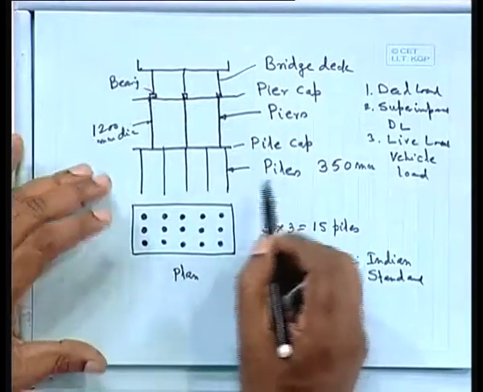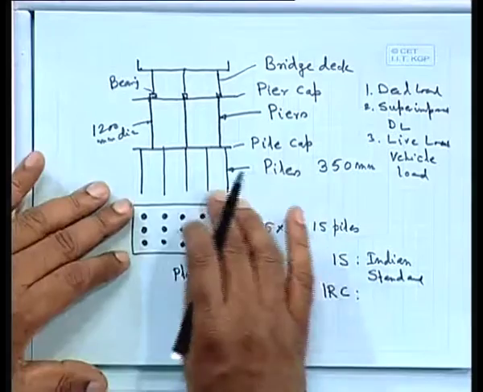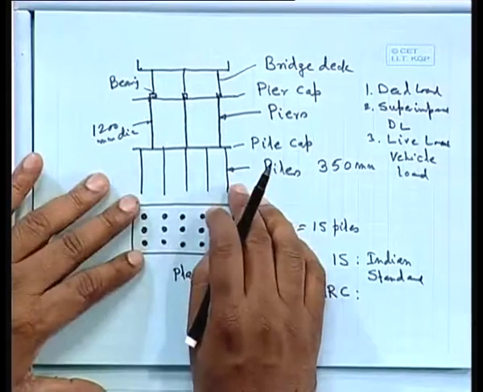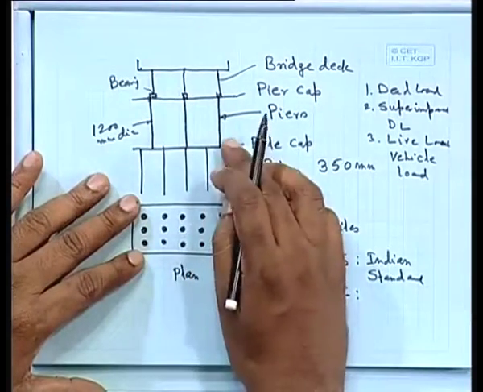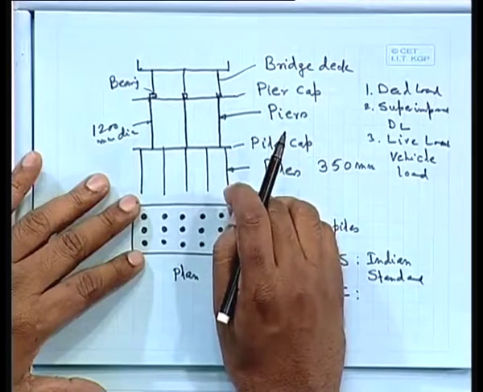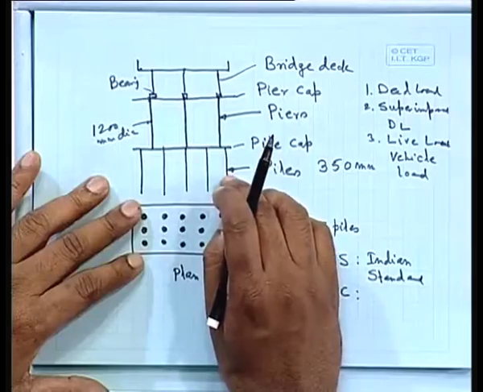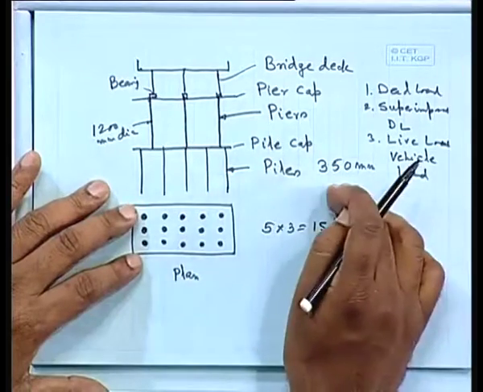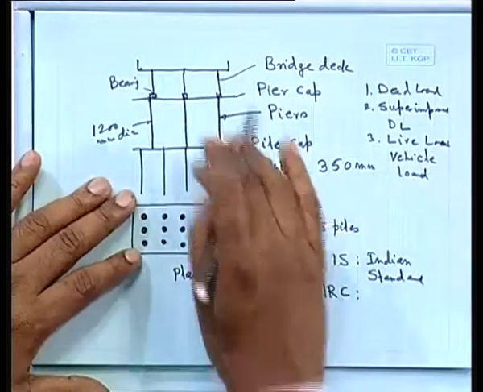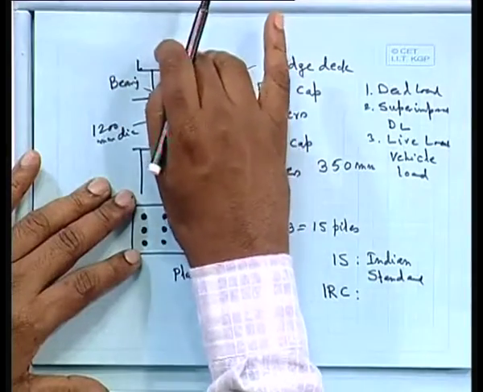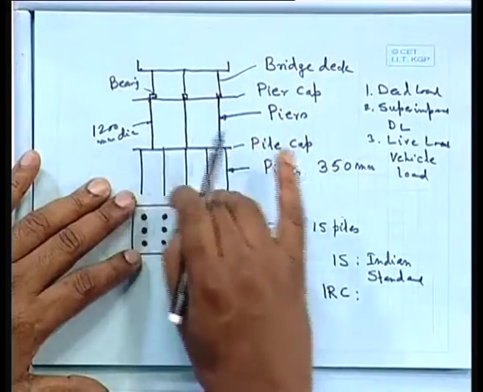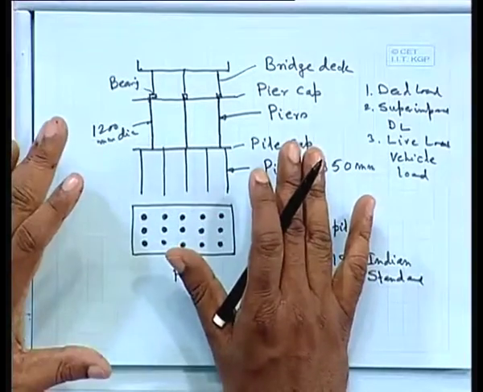As a structural engineer, we are interested in the soil condition. At least we should know the pile length, then we shall provide the dimension of the piles, maybe 350, 400 millimeter, whatever it comes to, so that whatever load is coming at the top is safely transferred to the ground. That is our objective here.